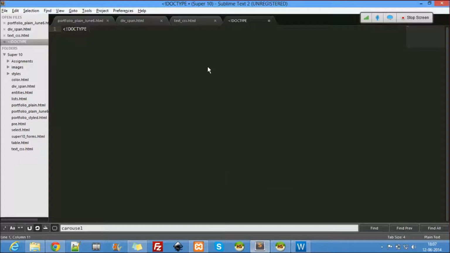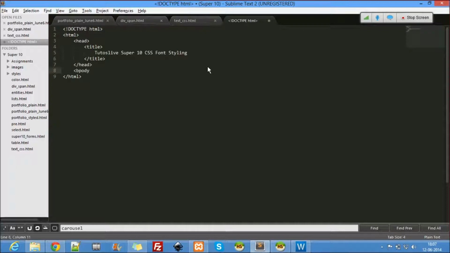Okay, so doctype HTML, HTML, head, title, Tudor slide, Super 10, CSS font styling.